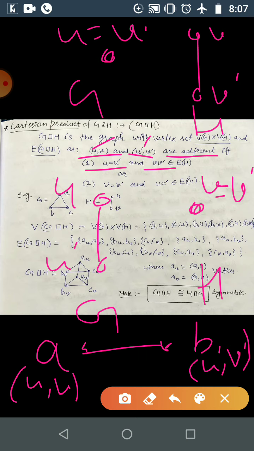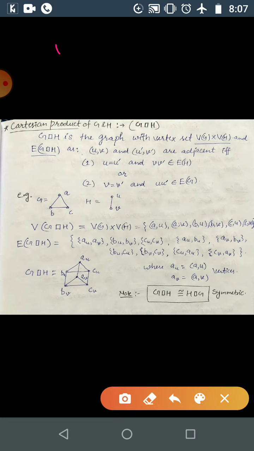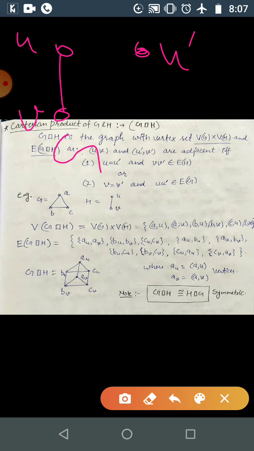Okay, so here we can consider this one K2 with K1 we can just say. So here U, V, U dash. Okay, so here this is G, this is H. So let me do it here. So you can just take K2 and with K1. So here U, V and this is U dash. Okay, or some W you can just take.